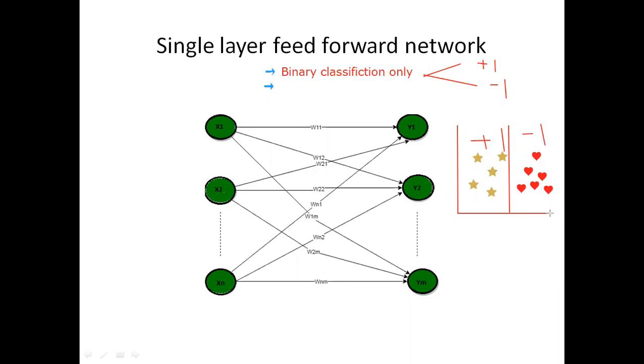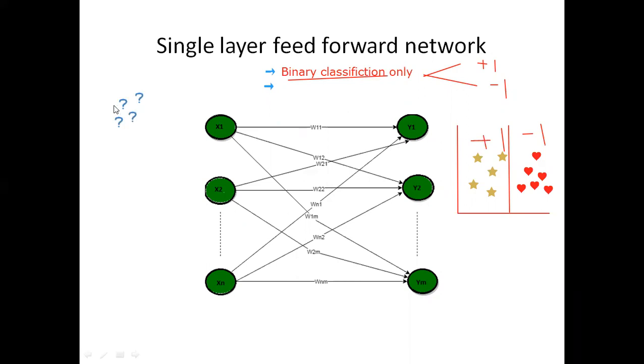These are the total number of data points which you have in your data set. The data set has only two kinds of patterns. So by drawing a hyperline in between these two patterns, we have separated these data points. One is represented as plus one, the second one as minus one. This kind of classification is called binary classification. Whichever data we have, if we can separate it by drawing a single hyperline, that kind of classification is called binary classification.